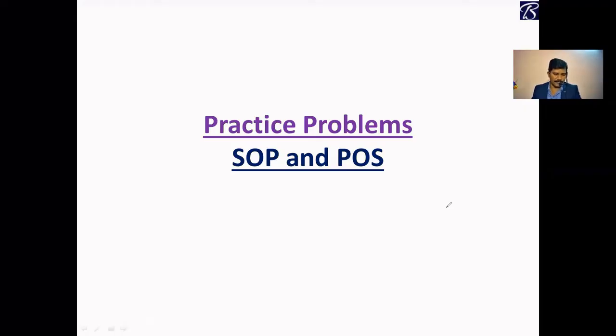Let us revise a few points. To write the expression Y, we need to consider ones at the output in SOP, and in POS, we need to consider zeros. In SOP, we take product terms, and in the input variables, 0 means complement and 1 means uncomplement. Whereas in POS, to write the expression at the output, we need to consider zeros. At the input variables, 0 indicates uncomplement, 1 indicates complement in the POS.